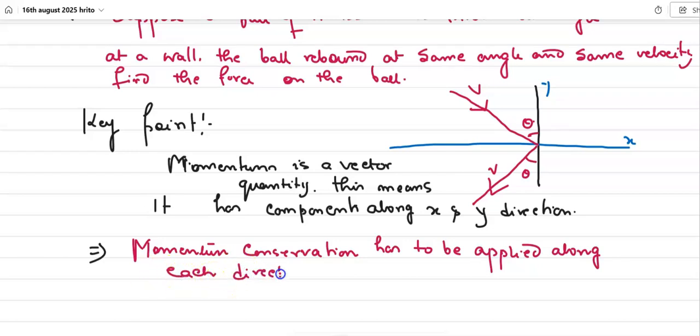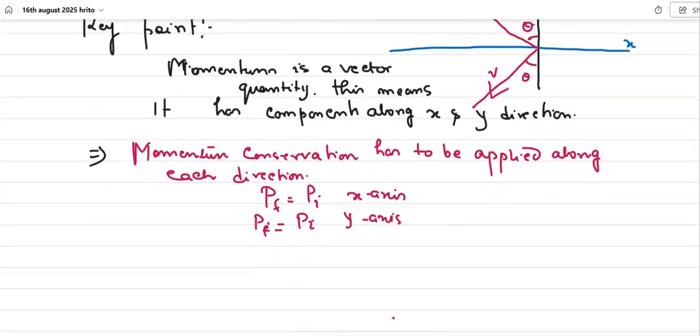This means momentum conservation, P final is equal to P initial, you have to write for the x axis. P final is equal to P initial, you have to write for the y axis. For both the axes you have to write this equation. ঠিক আছে, তো এখানে আমরা দেখি হাউ টু রাইট দ্য ফার্স্ট ইকুয়েশন,